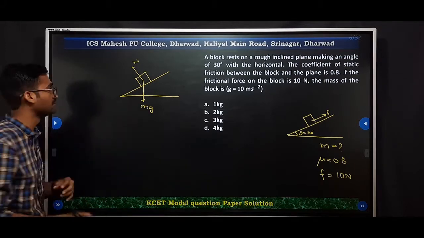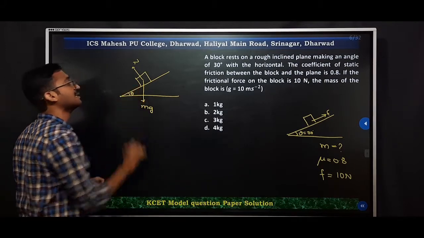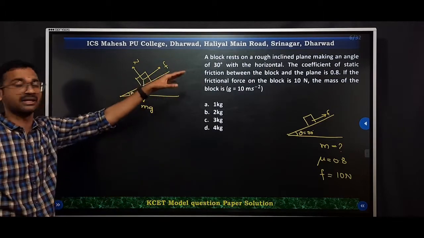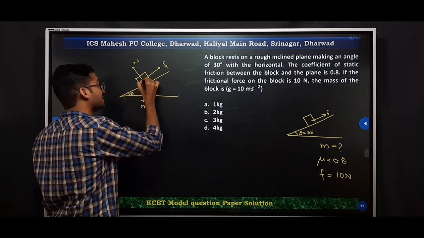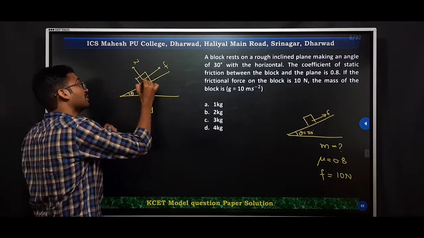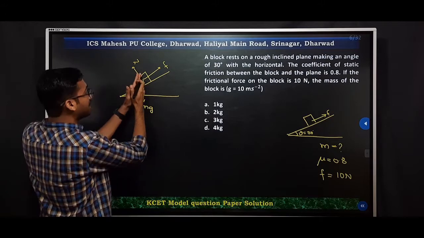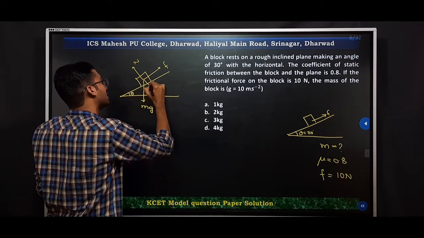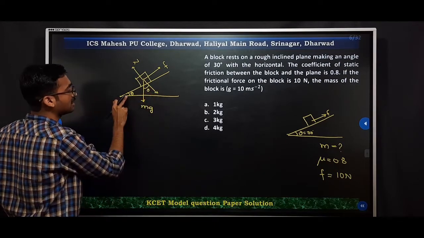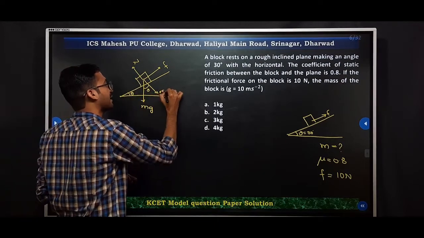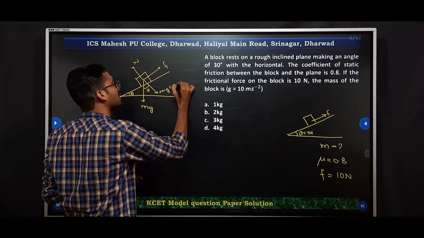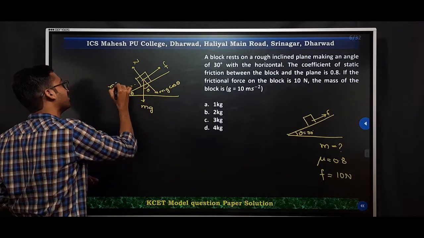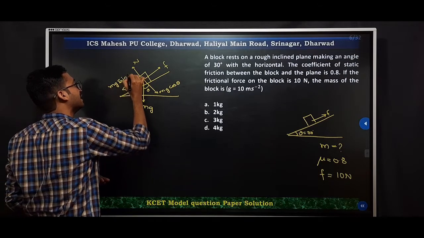Okay, that's acceleration due to gravity, and this is the angle theta. Here is the frictional force we are observing in the backward direction. Now if this one is a normal force and this one is mg, by resolving this one, we will get theta here, because if this is theta, this is also theta. I can make it here as mg cos theta, and this one will be mg sin theta.